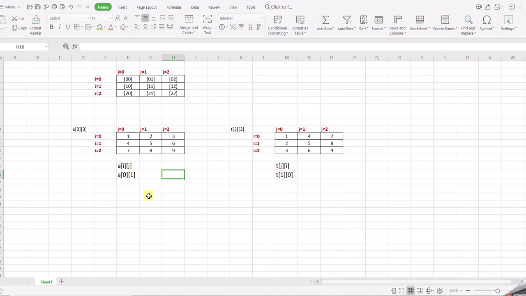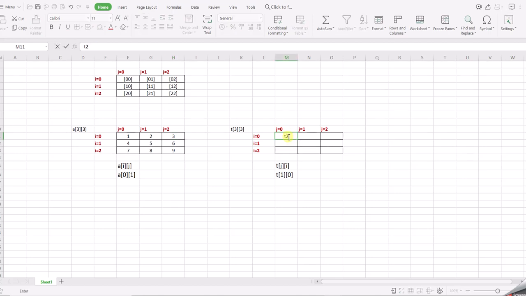Now I am supposed to take transpose of this matrix. So what is a transpose? For taking the transpose, I have created one more matrix over here, say T, with the same capacity, the same dimensions, that is 3 by 3 matrix, 3 rows and 3 columns. Now, if you want to take transpose of a matrix, what you do is you put the elements in a row in the subsequent column. That means my values at row number 0, that is 1, 2, 3, will be inserted in column number 0.